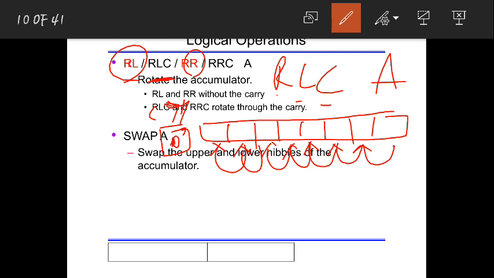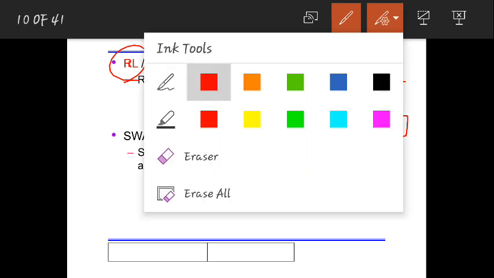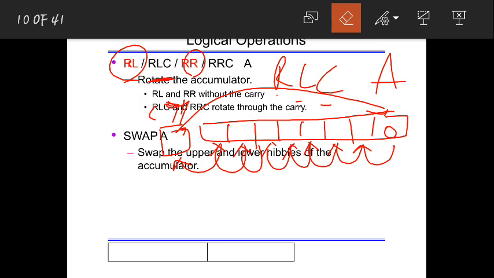Whatever was there in the D7th bit will move into carry. And whatever was there in carry, what was there? It was 0 previously. So this 0 will move into the D0 bit. So here 0 will come. And here we don't know what is there, because it depends on what was there in the D7th bit before. If it was 1, here you will have 1. If it was 0, here you will have 0. Is that fine? In this way.